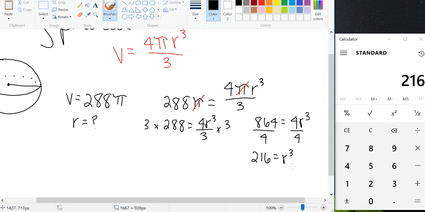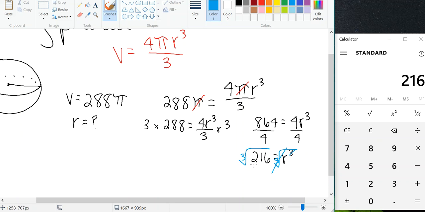And finally, I need to get rid of my r cubed. Now, this is a little different than what we've been doing because when you have r squared, you square root to get rid of it. Well, when you have r cubed, what you're going to do is find the cubed root to undo it. So I need to find the cubed root of 216. It's been a while since we've done that. We did it back in the Pythagorean theorem unit if you want to look back in your notes, but basically